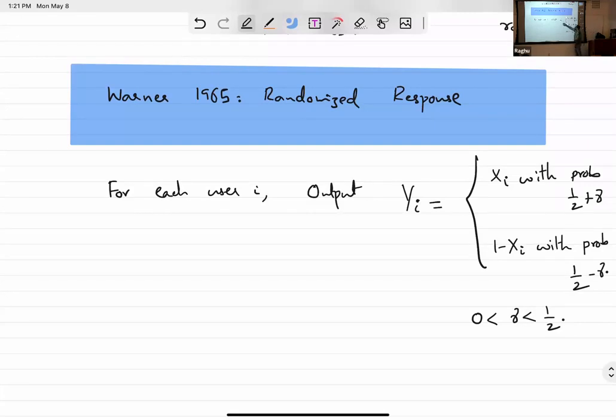I'm going to output the true value with probability half plus gamma